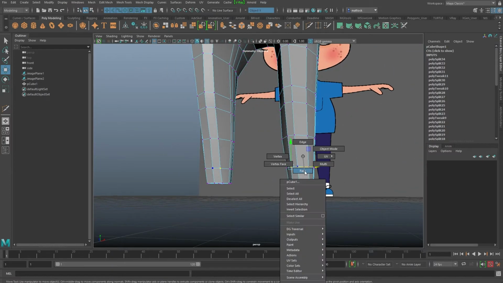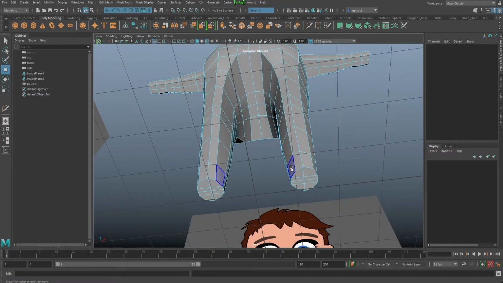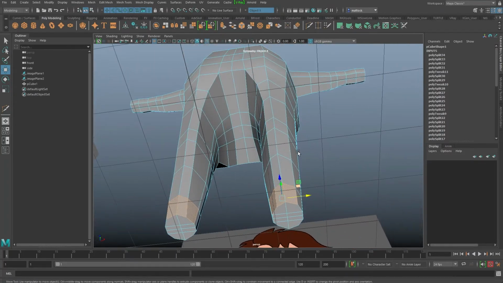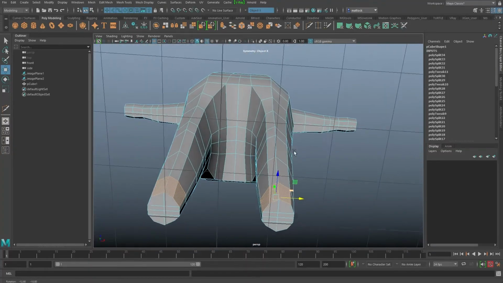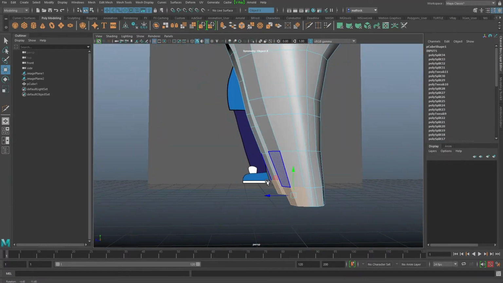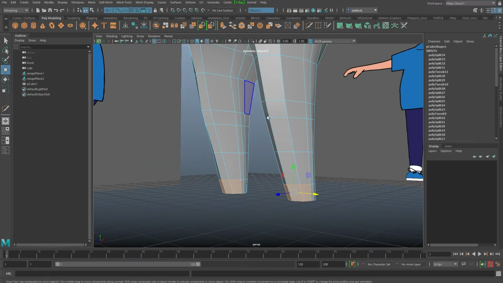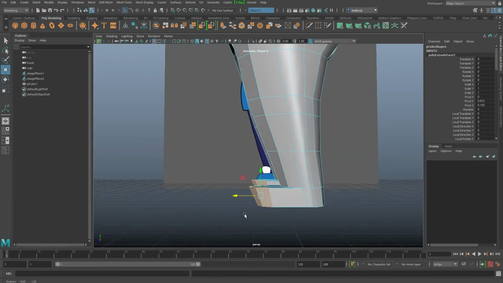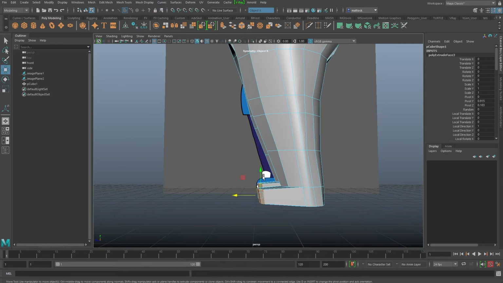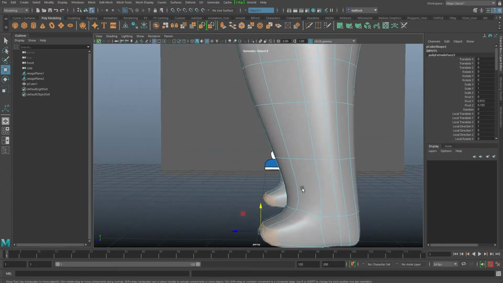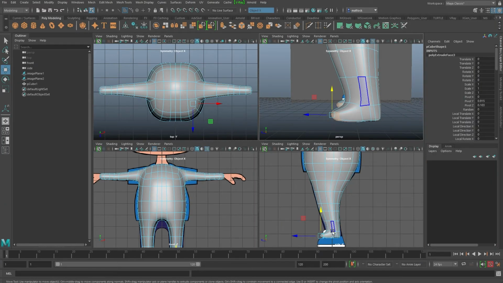So if we select, let's say, these front ones. I'm going to select that one as well, we can always change it. And I'm going to do a quick extrude, which is going to go outwards. I'm hitting the W key now, so I've extruded, but I'm going to hit the W key to go out. I'm going to angle those down, scale them in. It's very quick and easy just to add those in, because they're going to be hidden. Let's have a look. They're going to be hidden inside his shoe.